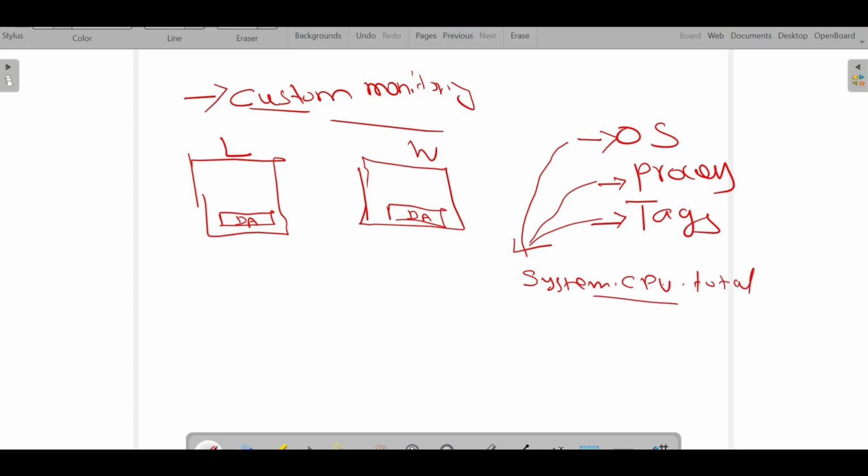This particular metric will provide you total CPU. This is called a metric. Like that, by default whenever you download and install the Datadog agent, it will create n number of metrics that are defined by